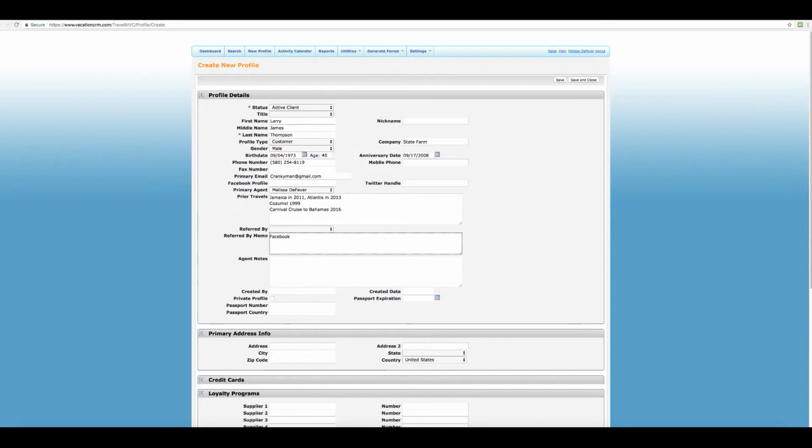You could also put Facebook because of Jessica B sharing a post. If they tell you they saw it because of a specific person, then you can send them a message saying, hey, thank you, and all of that. Agent notes. So I haven't built a package yet, but let's say I've got all of his information. Got his info and building a package to Cancun